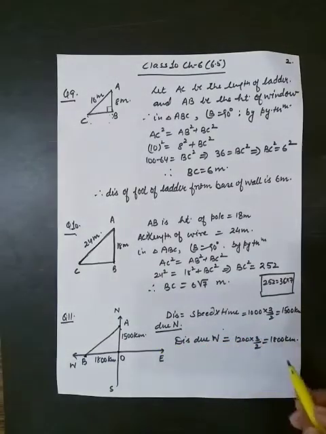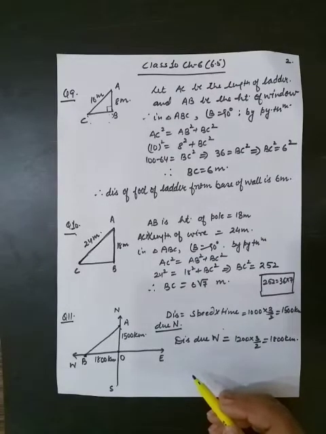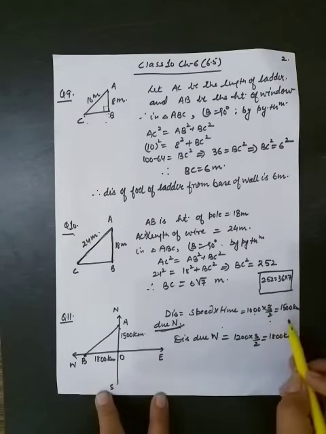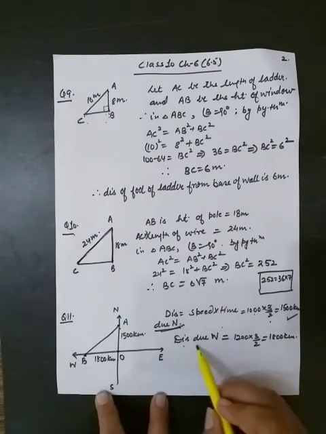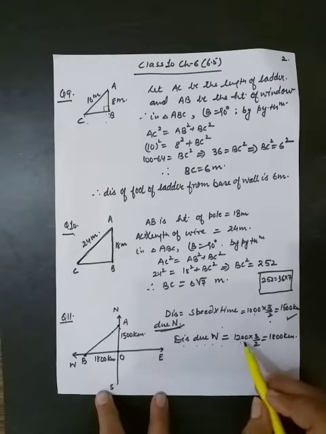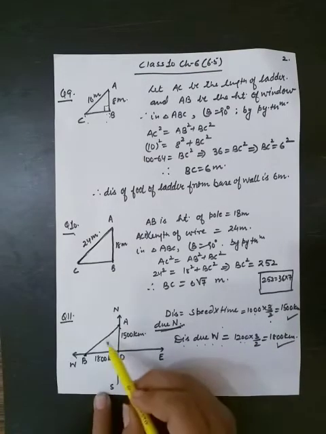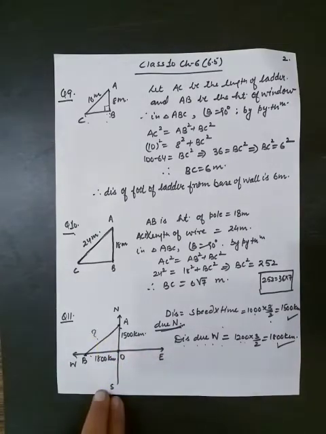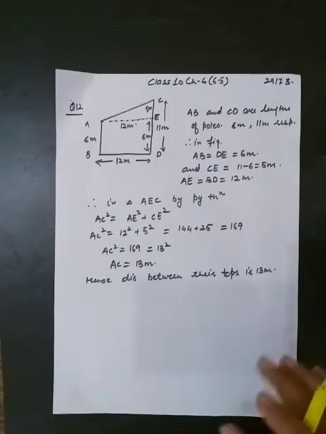First plane's speed is 1000 kilometer per hour and speed of second plane is 1200 kilometer per hour. And you have to find the distance between the two planes after 1.5 hour. So first of all we have to find how much distance is covered by them in 1.5 hour. So distance covered due north by first plane is 1000 into 3/2, that is 1500 kilometer. And distance due west by second plane, that is 1200 into 3/2, 1800 kilometer. Now in figure you are having these two perpendicular distances and you can find the value of AB by using Pythagoras theorem. Question number 12.